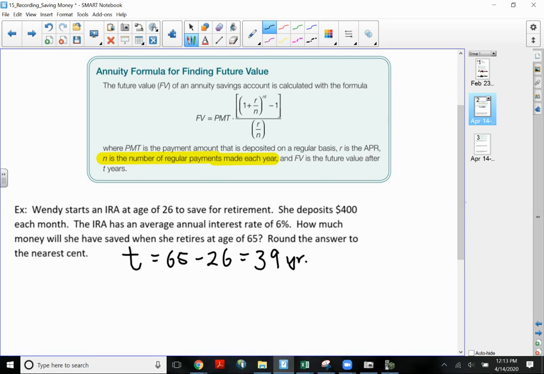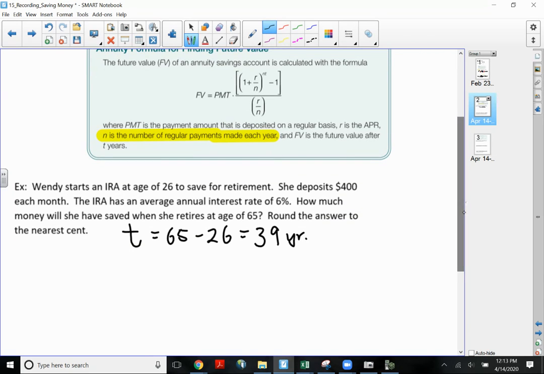The younger you are, the sooner you need to start. You can actually build up quite a bit of money over time. All right. So how much money will she have saved? This problem asks what the future money she will have is. So let's try this formula real quick. Future value is equal to her monthly payment of $400